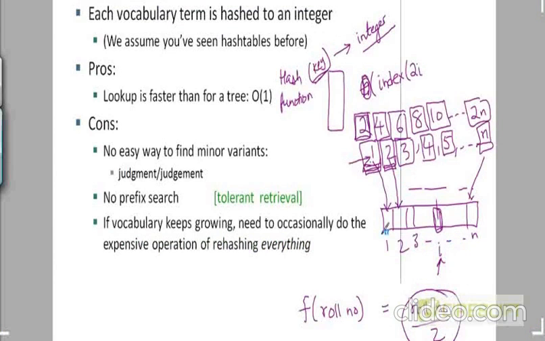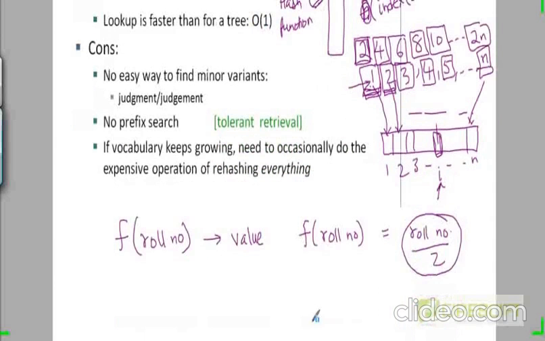But if you had a general list of n integers, you would need some sophisticated mathematical techniques to ensure that you would need a function f which would take your roll number and map it to some value or to some index in the array. And what you want is that for different roll numbers, your values